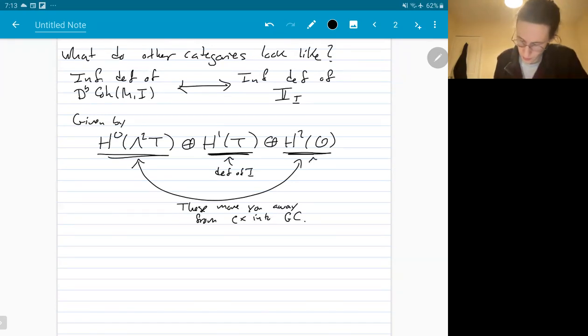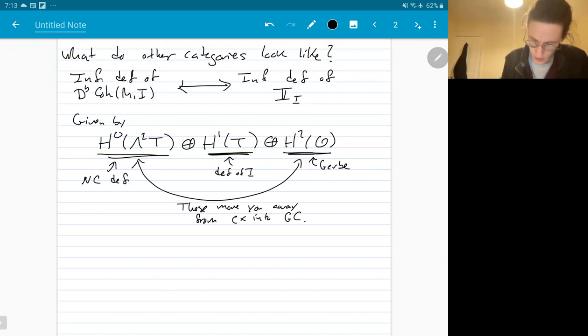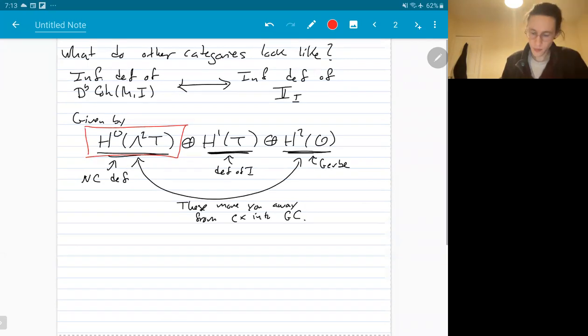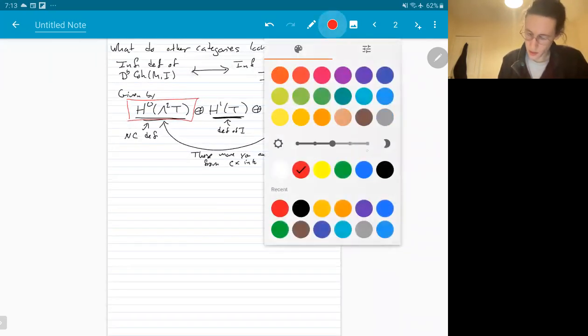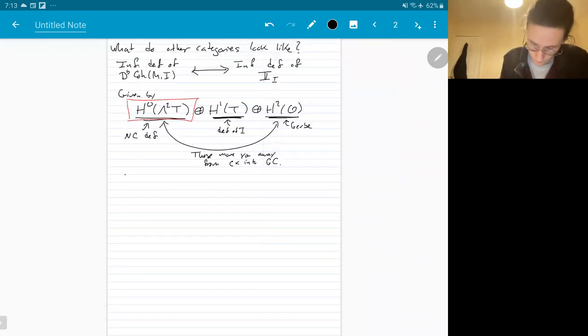These ones are some type of gerbe deformation, and these ones are the so-called non-commutative deformations. These are the ones that I want to focus on. So if you have an element in here, this is a holomorphic bivector, and let's assume that it's integrable, so it defines